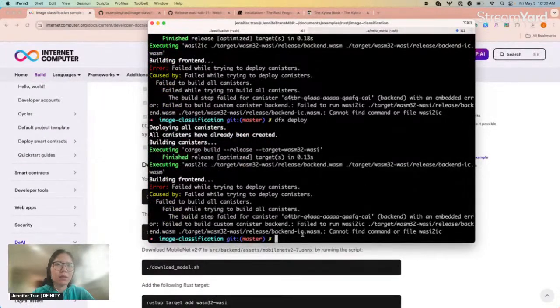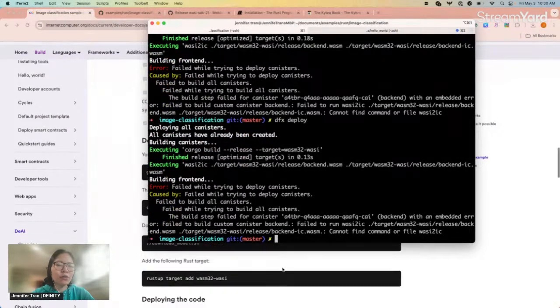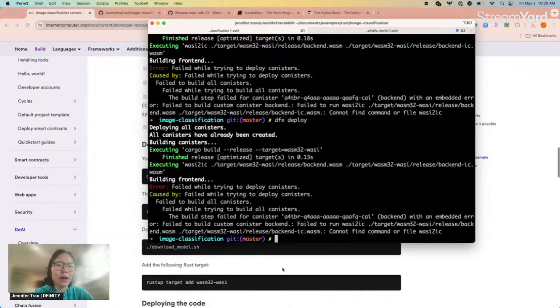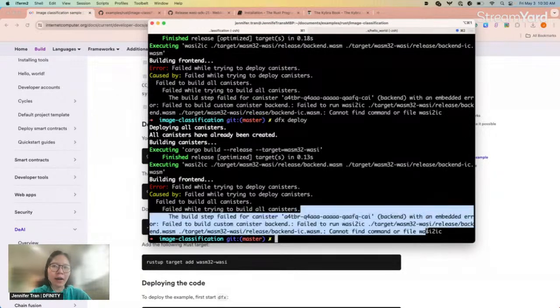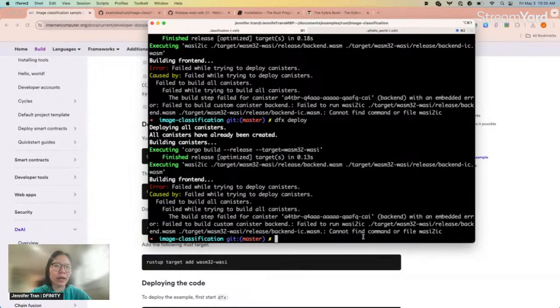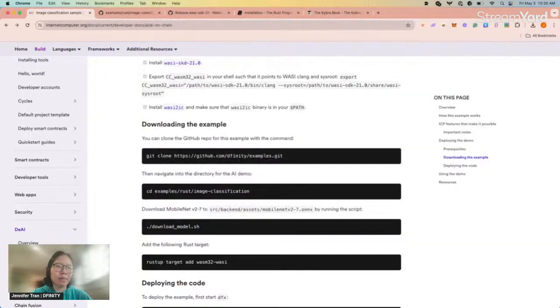If not, we can also go to the machine learning example, because I think that there might be an issue with WASI 2. There might be something that I'm not configuring properly, or something wrong on this end. So I can just follow up with that, because I know that we have like 30 minutes left.